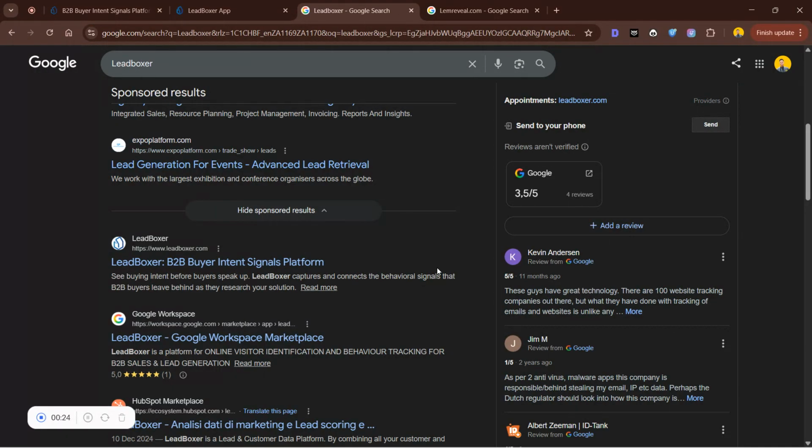So, as you know, the first thing you do with this kind of tool is installing the code that's needed on every single header page of your site. That way, it will track every single visit that your site receives, and you'll be able to make sense of the data. So we will be looking at LeadBoxer, which relies on the script to collect visitor data and match it to company information. To make this work correctly, the script must be installed across the entire website. The best practice is placing it on the header of every single page, and you can use platforms like WordPress,